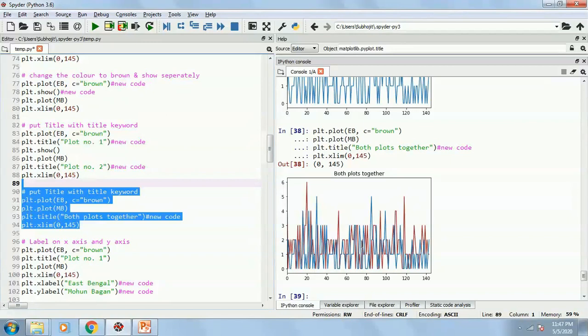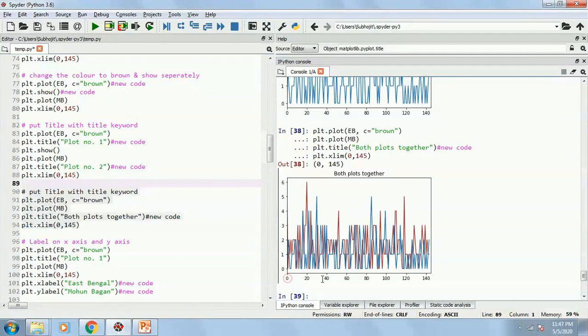Now what I am trying to do is add some titles to the x-axis and y-axis. Presently I understand that these are the number of how many goals they have scored. Okay, I'm sorry, these are not goals, these are the number of matches.